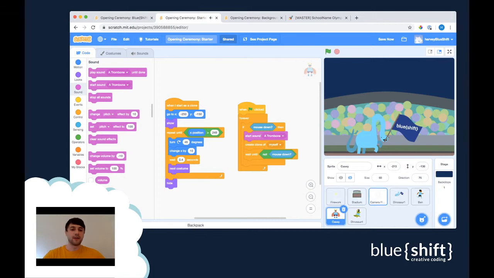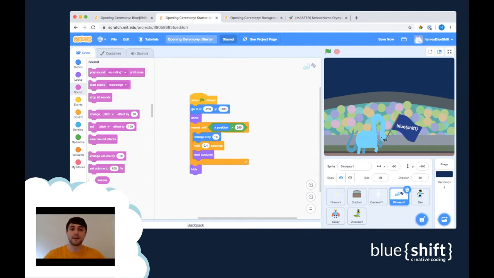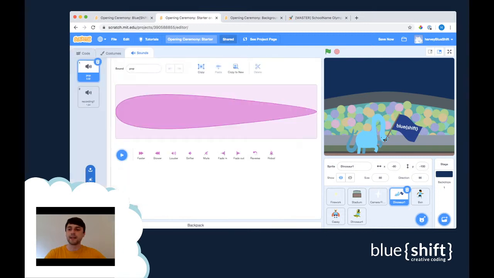Now there's one more very important sound that I want to show you, and it's the flagbearer. If you remember any Olympic parade that you may have seen before, every time a new team comes on to the parade, an announcement is made. And it usually says, up next, the country. So up next, the United Kingdom, or up next, Blue Shift. And you can add your own sounds by clicking on the Sounds tab, and then clicking Choose a Sound at the bottom. And you can actually click